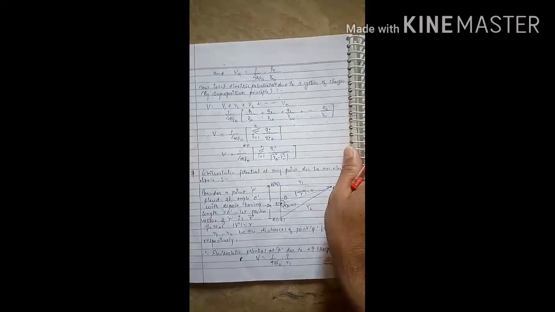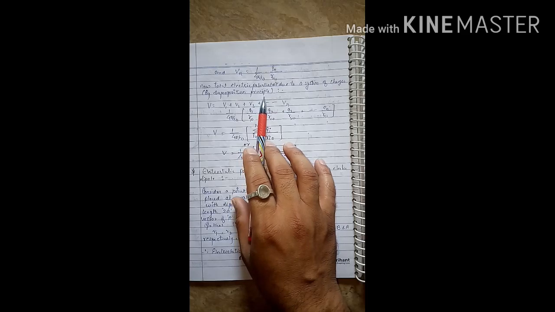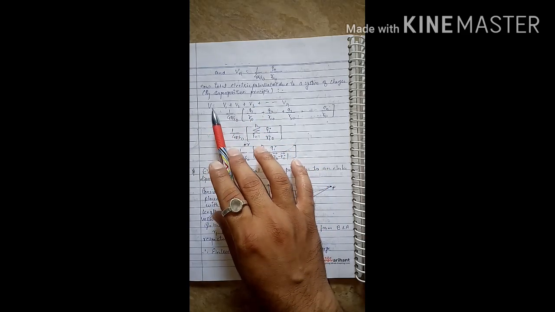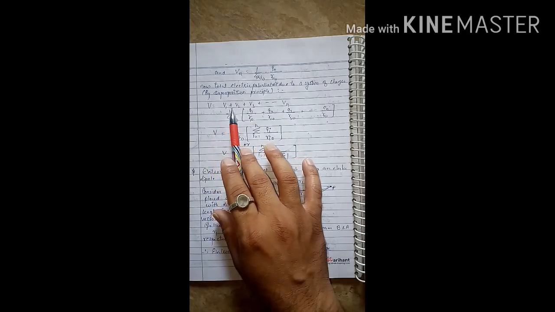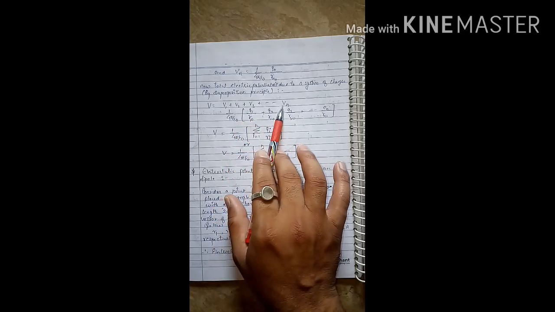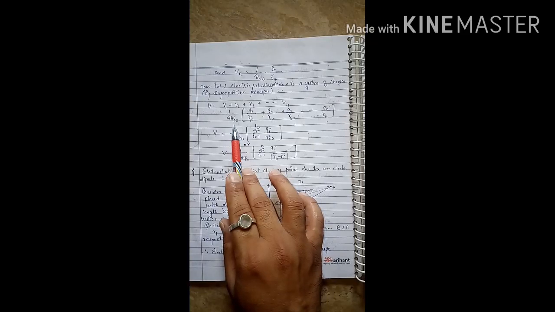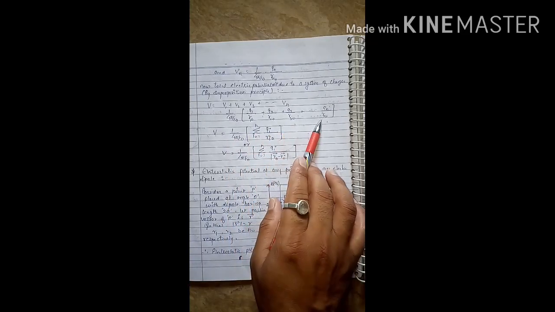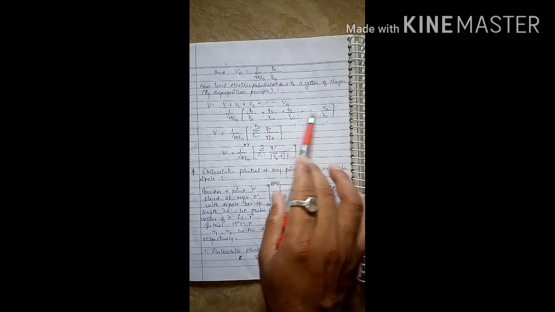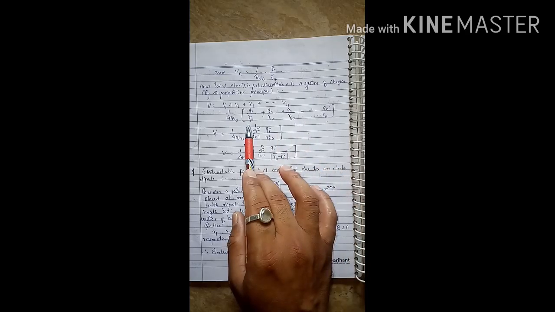As you know, for the electrostatic potential of a system of charges, with the help of the superposition principle we can add the potentials. The total electrostatic potential at point P due to the system of charges is V equal to V1 plus V2 plus V3 and so on up to Vn. So, taking 1 over 4 pi epsilon naught as common, we have these values inside the bracket. Here 1, 2, 3, 4 are our variables: r10, r20, r30, r40. This one is also variable.